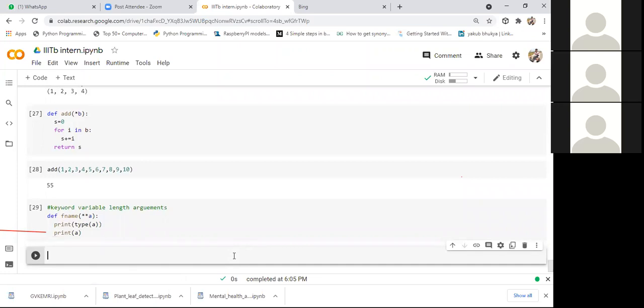After defining this function, I want to call it. Whenever you want to call this function, we can say the function name, and after that simply specify the parameters. Whenever you specify parameters, you need to specify a variable name and a value to that function. I'll say c equals 76, and whatever variables and values you want, you can specify them.